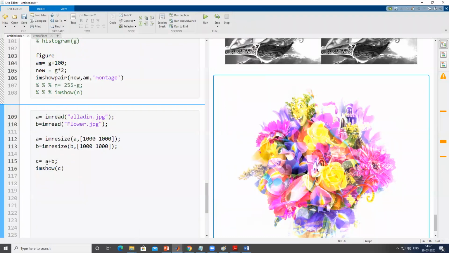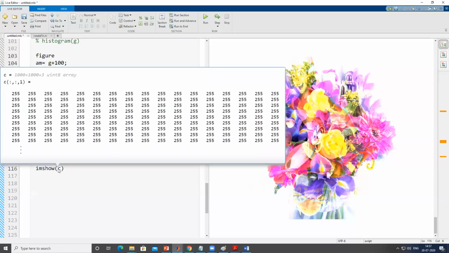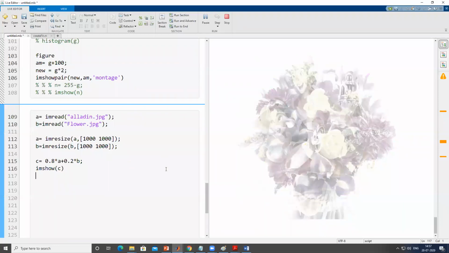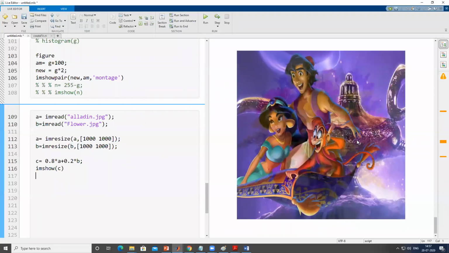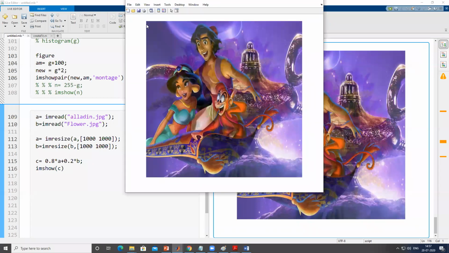Suppose I say the intensity of the combined image will be 0.8, that is 80% of A will be contributed, and only 20% of B contribution should be there inside the new image. And I can run this section. So here you can see now we have a different image having 80% content of the Aladdin image and only 20% content of the flower image, which is there in the background.